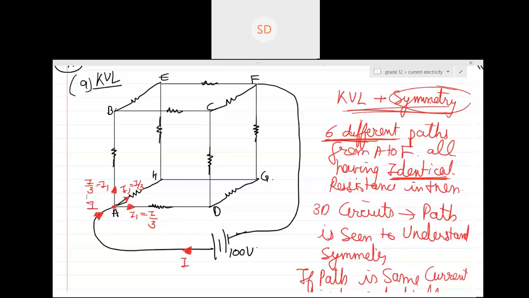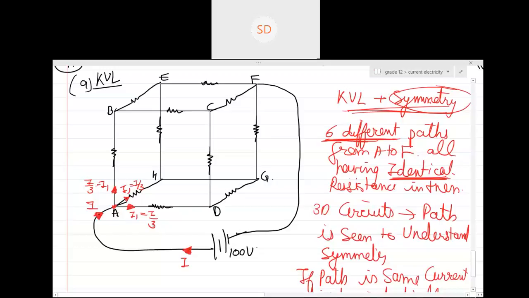Similarly, when we were at point A, you saw the same thing. I can go through three different paths, and those three paths can bifurcate into two paths. So everything was similar. This is how you see the symmetry by seeing the path of the current. Since the path was identical looking in all the cases, that is how you decided it will divide identically, by dividing it by 3.